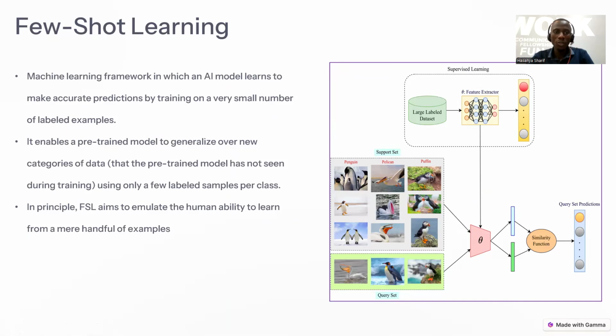So when we talk about few-shot learning, what do we mean? It's a machine learning framework in which an AI model learns to make accurate predictions by training on a very small number of labeled data examples. This is vis-a-vis the traditional means, which always need large labeled data, which is hard and expensive to get.